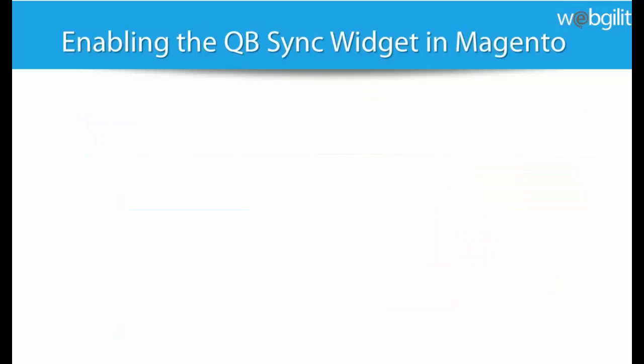By clicking on that button, Get the Widget, you begin the process of enabling the widget. So step two splits off into two areas. The first area, I'm going to talk about how you enable it within Magento. The second, I'm going to talk about how you enable it within ZenCart. So let's talk about Magento. After you've clicked on Learn How or Get the Widget, there are some things you're going to have to do. If you've already connected ECC Cloud to your Magento store, and you've installed the Widgility store module using FTP,